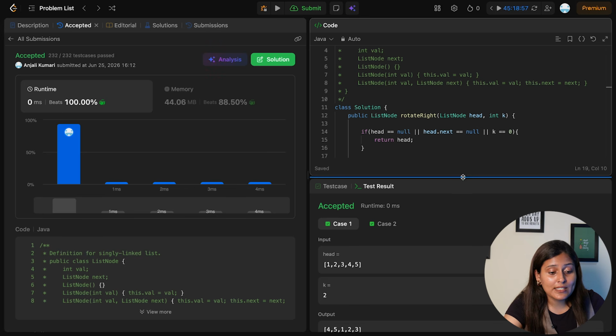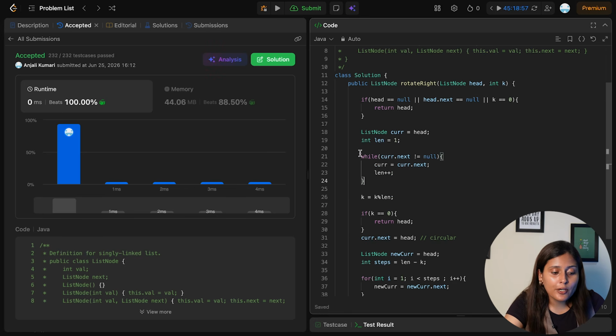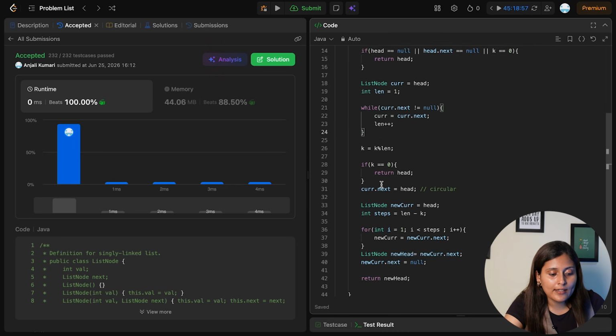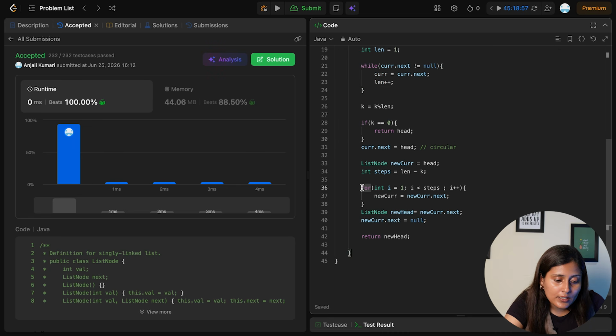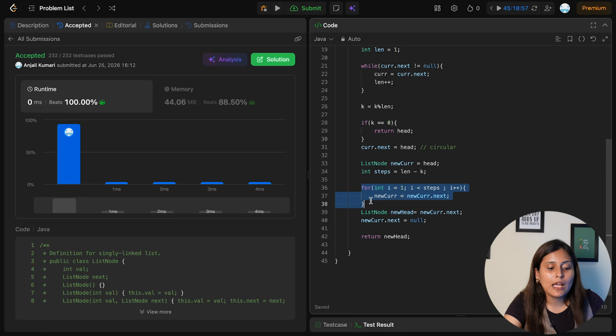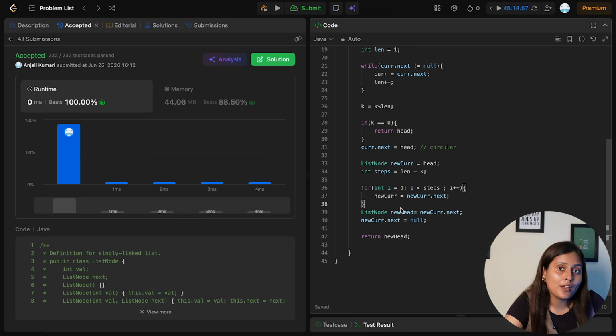Now what is the time complexity? The time complexity is first O of n to calculate the length, correct? And further this for loop, which is nothing but n minus k. So in the worst case what will happen? If k is very small, let's say 1, and n is very large, that many jumps we will take, so we can say nearly O of n. So total time complexity is O of 2n, and space